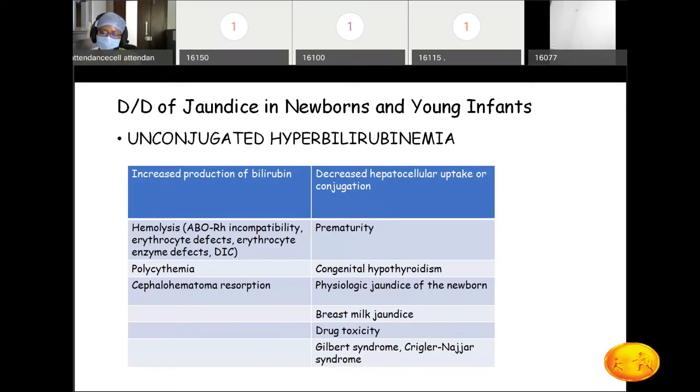So there might be some components in the mother's milk. There are some hormones which might result in increased enterohepatic circulation of the bilirubin, resulting in jaundice, which is usually harmless. So these are the causes which you should think of in cases of a newborn baby with unconjugated hyperbilirubinemia. I've highlighted only the major ones, the ones we should always look for in all newborn babies. There's a big list otherwise.